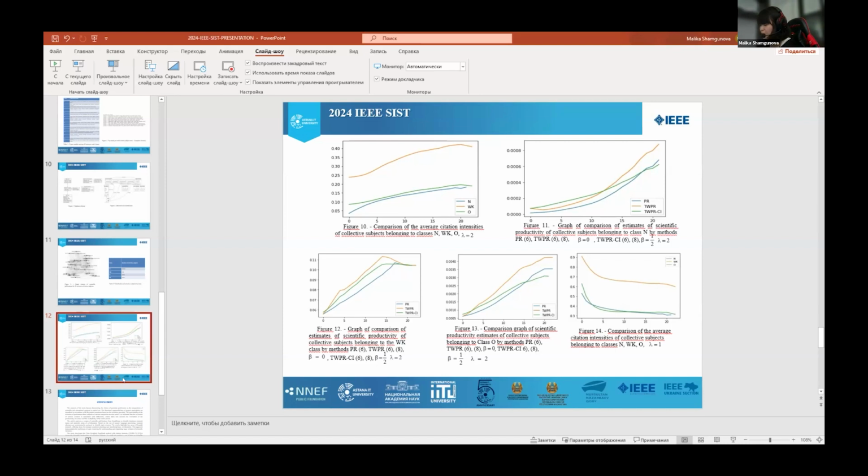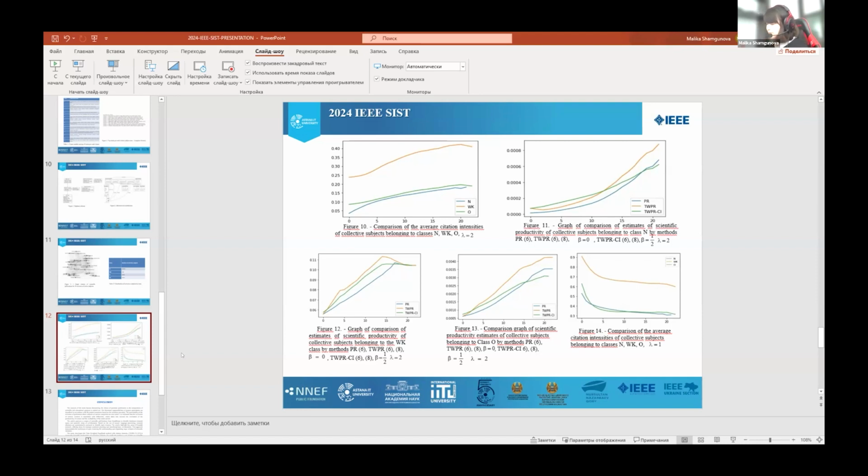It's a percentage chance that a user follows links from one page to another. It's a PageRank algorithm, and the lambda here is the influence of new data points in a time-decaying formula. We also see the TWPR, which is time-weighted PageRank with citation intensity. And the x-axis represents time, which is around 20 years, because the dataset included 20 years of